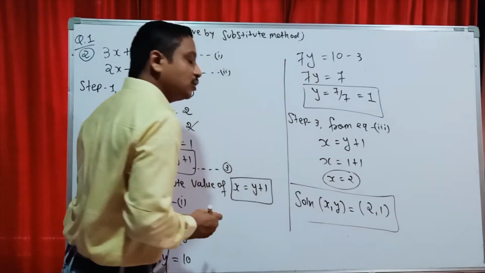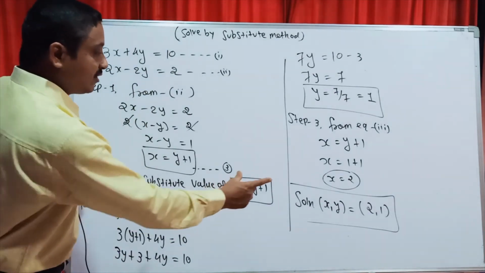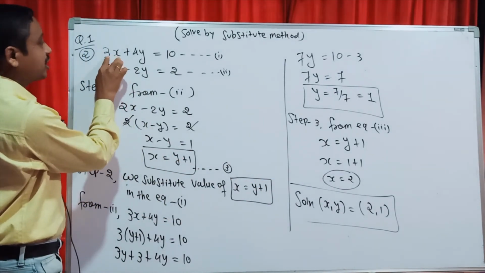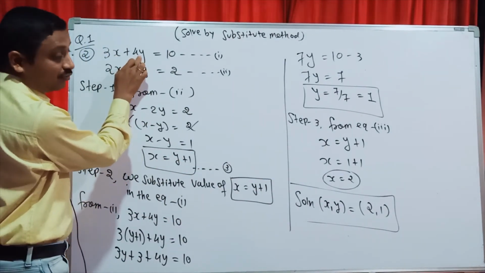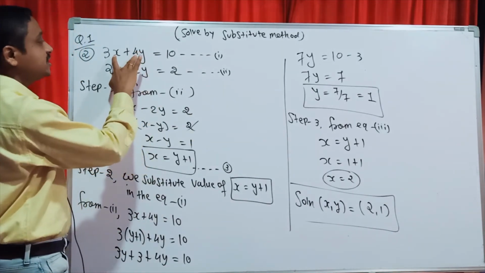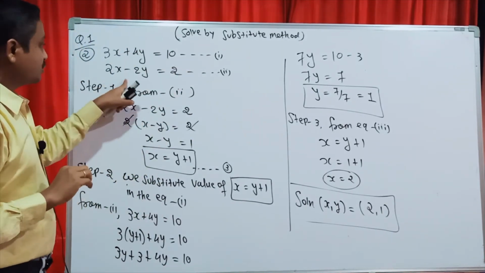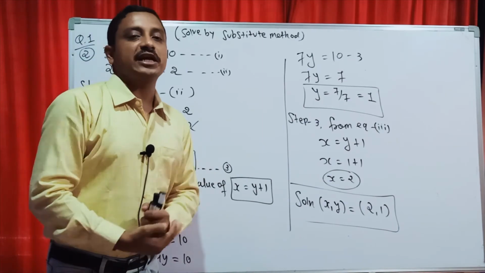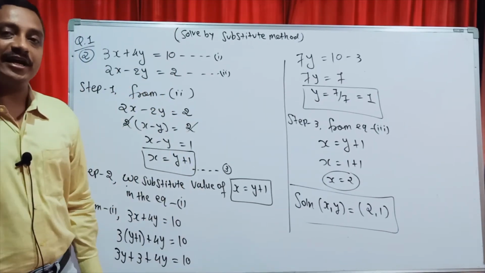Students, this answer you can also verify here by putting 2 in: 3 times 2 is 6, and here putting 1 for y, so it is 4. 6 and 4, 10. The same also holds for the second equation, valid in this criteria. And that's how you easily get the answers.